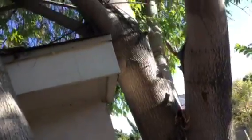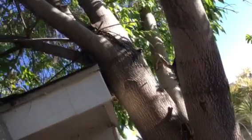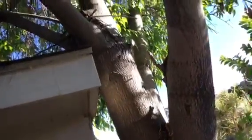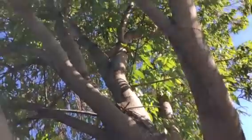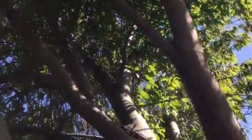This is a risk to the house. The tree's kind of growing onto the house. It's touching it, and that's also a bridge and a path for rodents as well. So any pest control company will advise to remove that, but not even because they're really